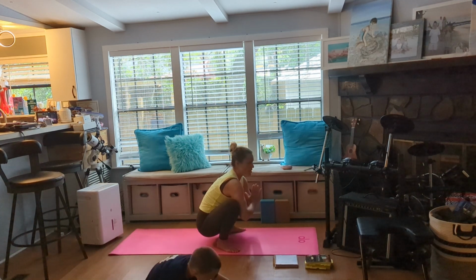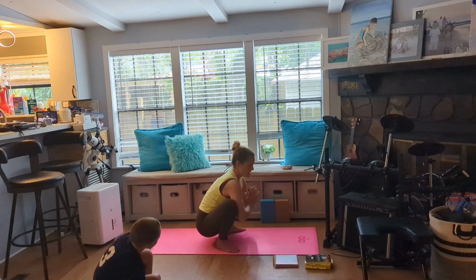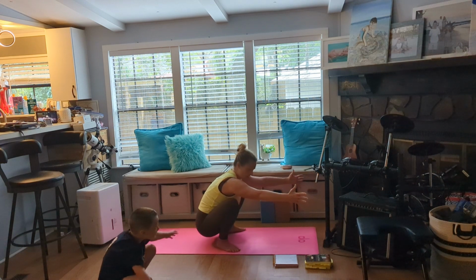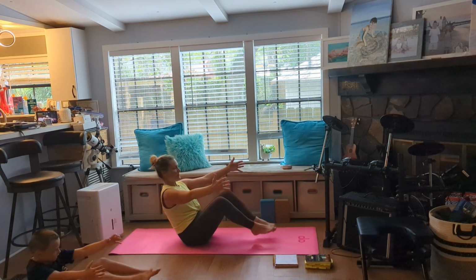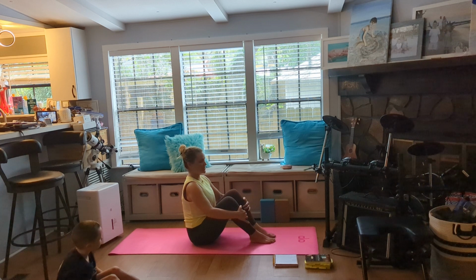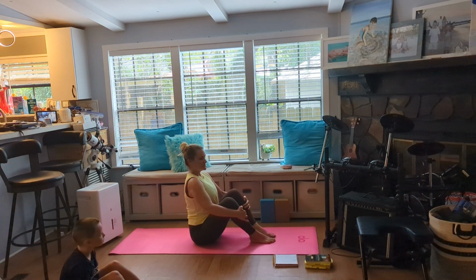All right, we're going to rock back into Paripurna Navasana, boat pose. And it'll look like dropping down to your bum like this, resting your feet gently on the floor, maybe using your shins to help you. On an inhale, rising up, lengthening through your spine, and on the exhale,